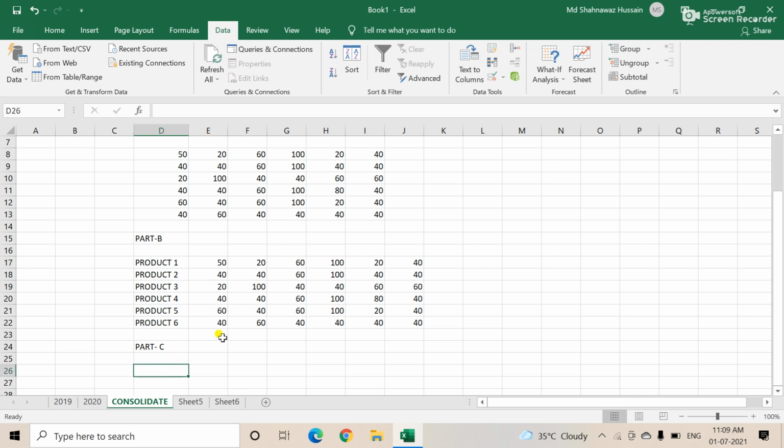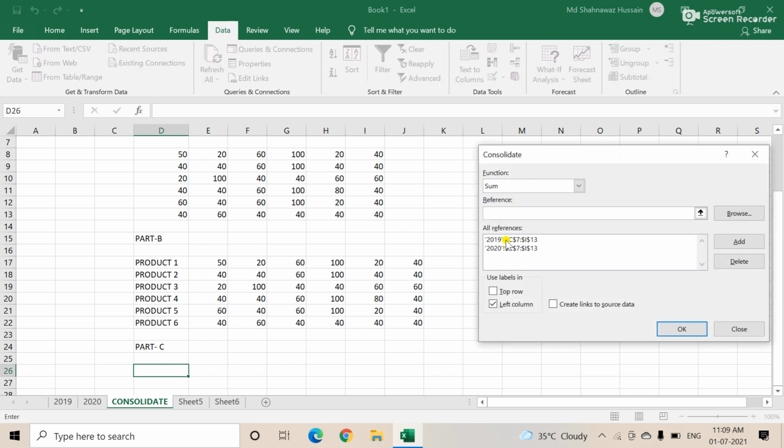So now again we are going to consolidate data. Just you click and see the reference is there. Next you click on create links to source data. Just click over there, which means we are going to link the two data, data 19 and 20. Here it is not explaining how 50 is coming, but when you link, then it links these together.